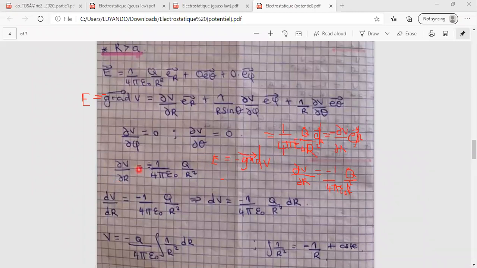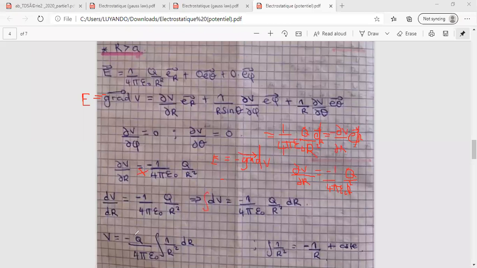Sorry, let me draw. So I'm going to have this. For me to have my dV, I'm going to end up with dV equals this. If I do my math, my dV is going to give me this. And then for me to find my V, I just have to integrate my dV. So if I integrate my dV, I'm going to have this equals to